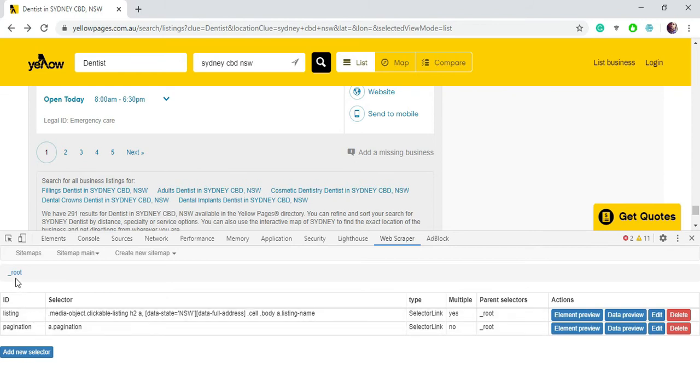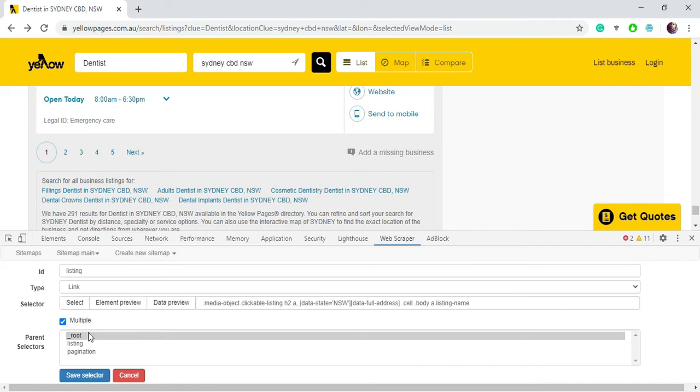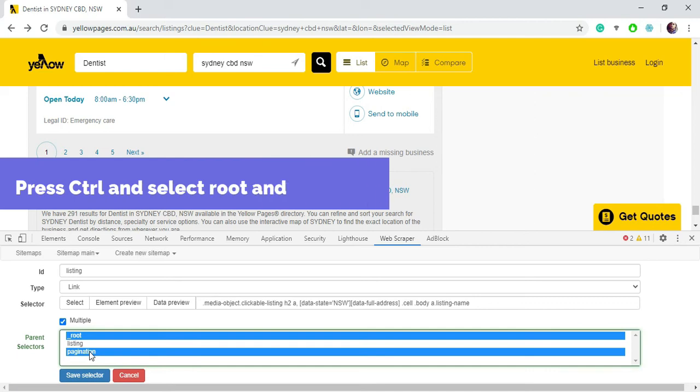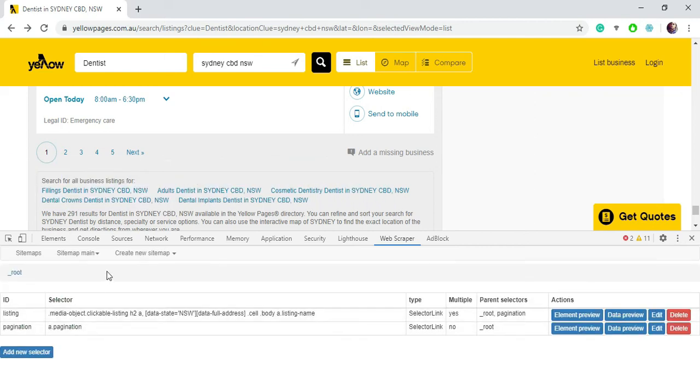Now you go to this listing selector and hit edit, select both root and pagination as parent selectors, and click save selector. Now to see the graph of the sitemap, go to sitemap main and select selector graph.